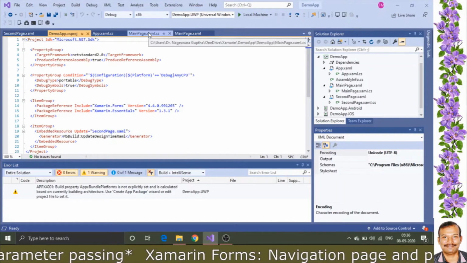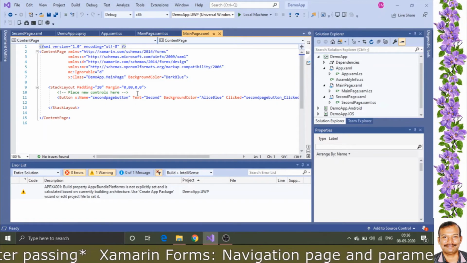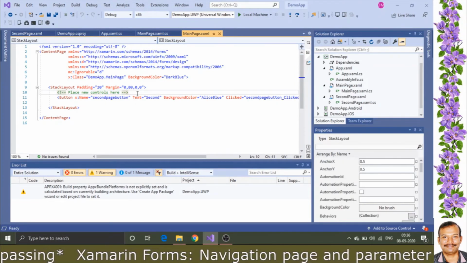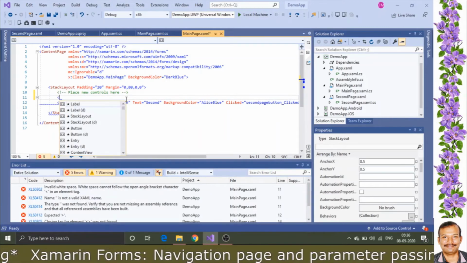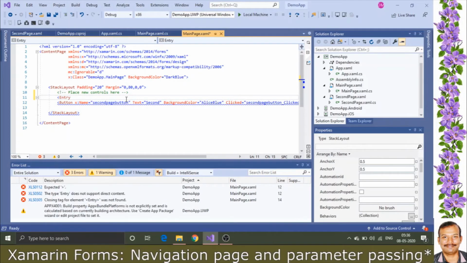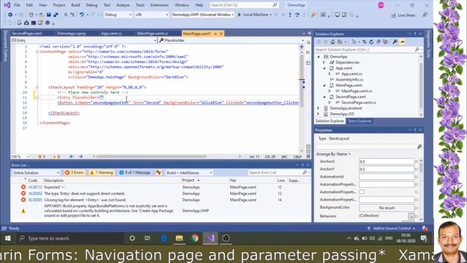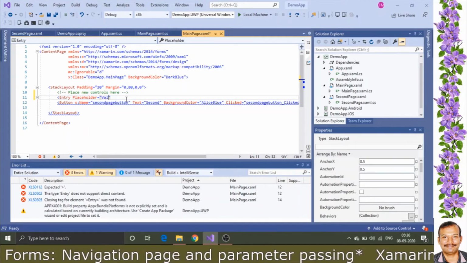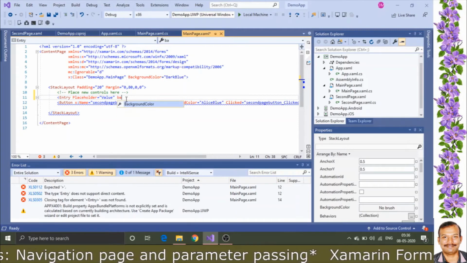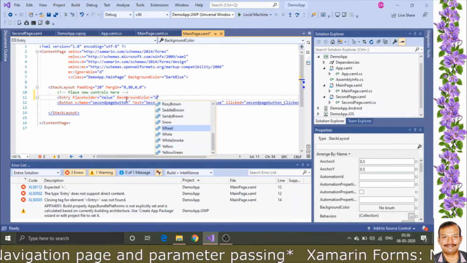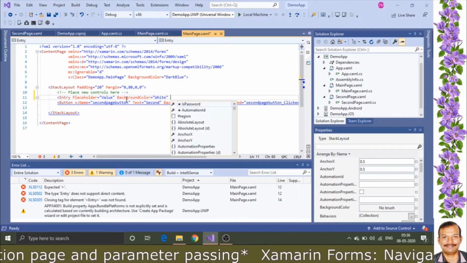So go to the main page XAML, add an entry, a placeholder, background, and give it a name.